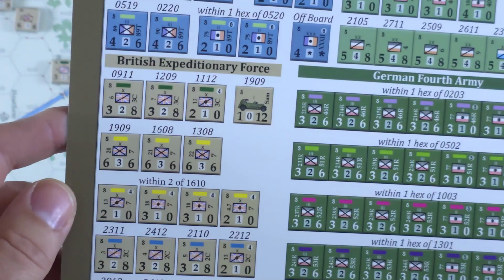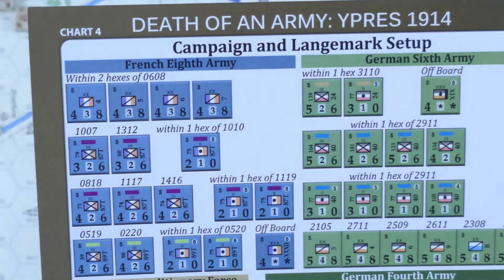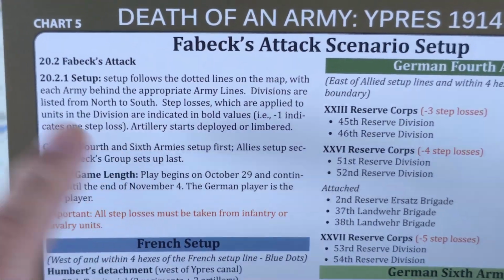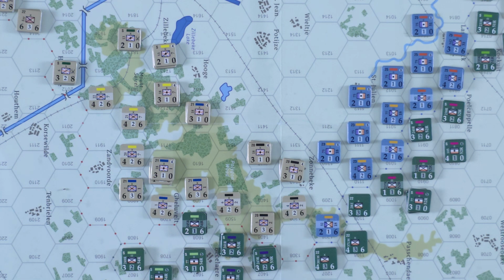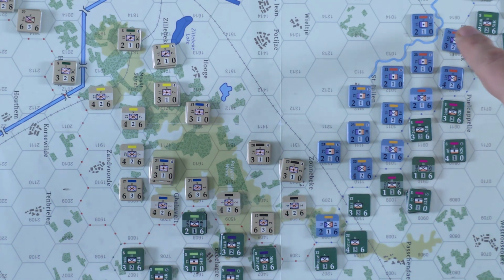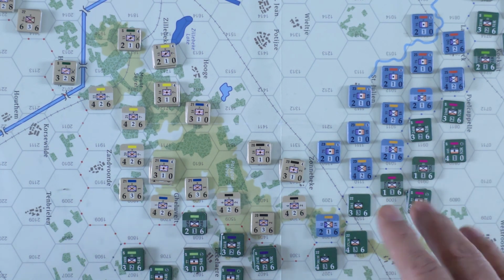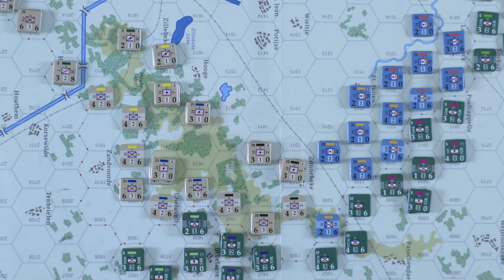And you can see you've got two German armies, the 6th Army and the 4th Army. Then you've got the British Expeditionary Force and the French 8th Army. Now here you can see the setup. There are dotted lines on the map, and you can kind of see them. Perhaps they're right here, these red dots. The red dots indicate the British sector. There are blue dots along here you can kind of see. That's the French line. And the green units, the darker green that you can see a lot of, that is the German 4th Army. And then over to the left, because the map is a lot bigger than what we're seeing here, we have the German 4th Army. And then what I have not set up yet